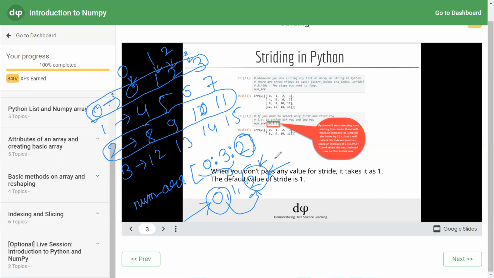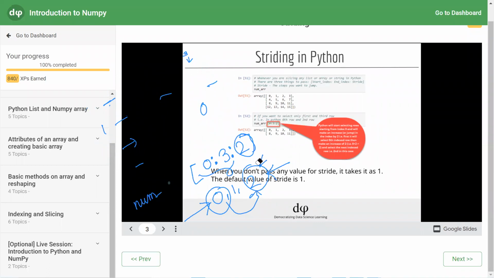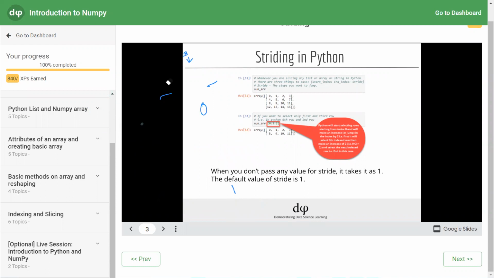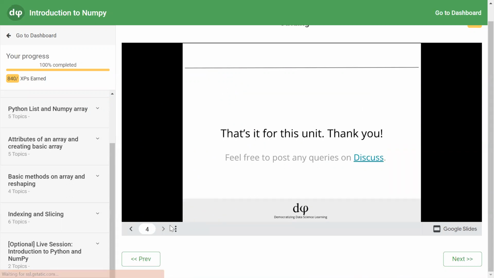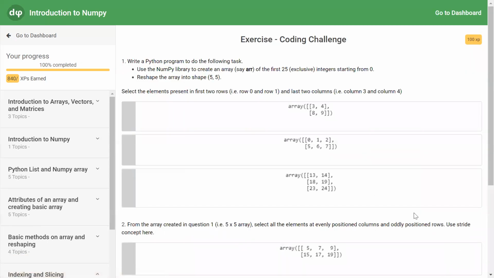Okay. In the questions, we have one more example on this, so we will repeat it there also. Same thing, the step size in case of interval, here it is discussed as stride. Okay, moving to the questions, which will be the last part of the micro course. Click on next.